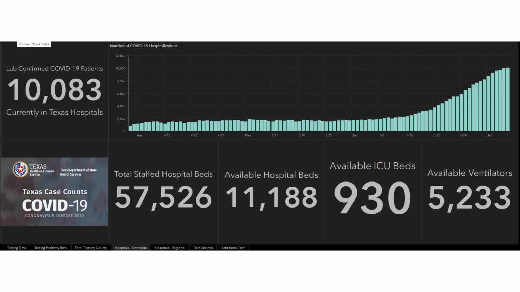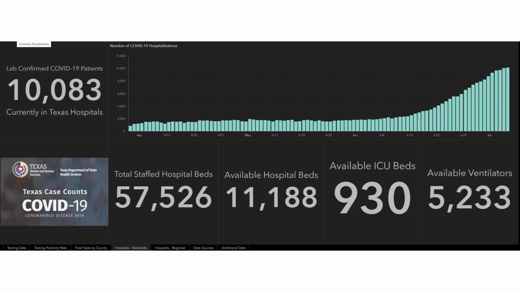So I tried to figure out just briefly, what are other states doing? Are other states only including the primary diagnosis? Is it any diagnosis? Are they not even using diagnosis codes and they're relying on hospitals to compile a list in a different way? This is Texas's dashboard.